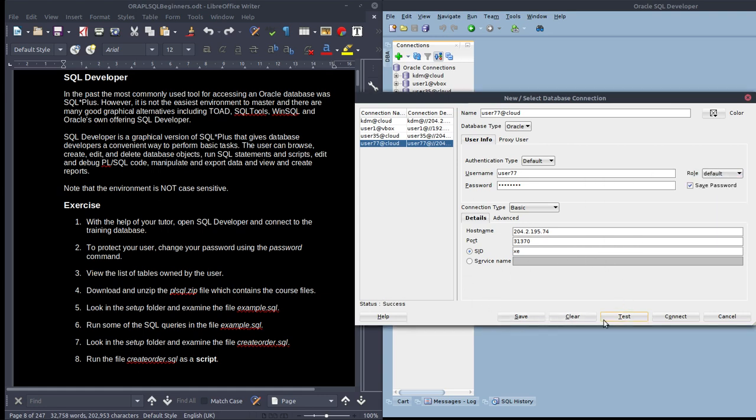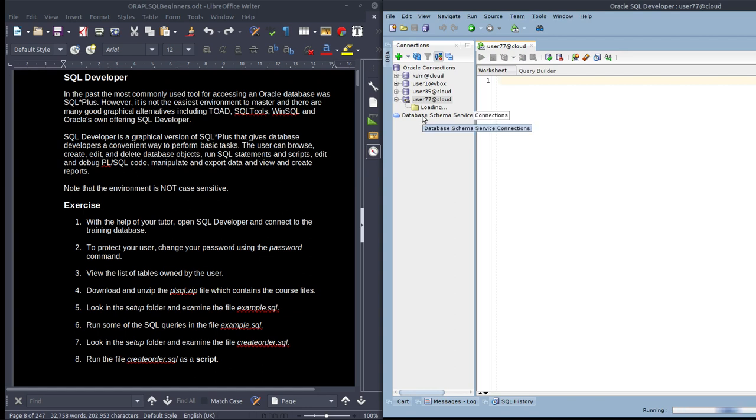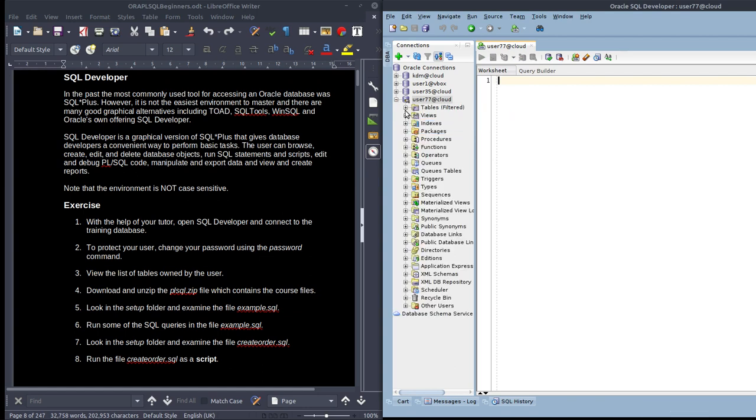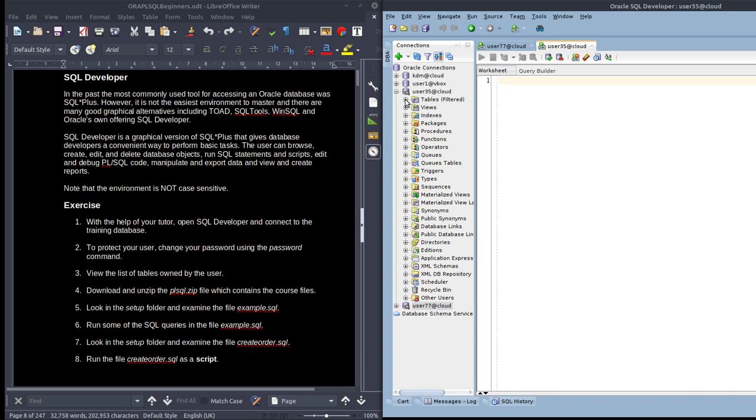If I ran it, it would connect to the database. And I can drop down user 77 and I can see the tables that we're using. There. Oh, actually 77 doesn't have any tables. You'd have to look at your PLSQL1 user. Sorry, 77 is a read-only user. You can't do a lot in there. Let's leave that for the moment. It was for the SQL course. A real user, like user 35, has tables. There we go.